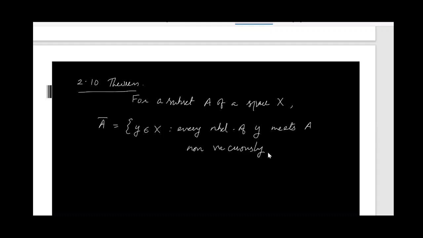That means every neighborhood of Y meets A non-vacuously; the meaning is this: